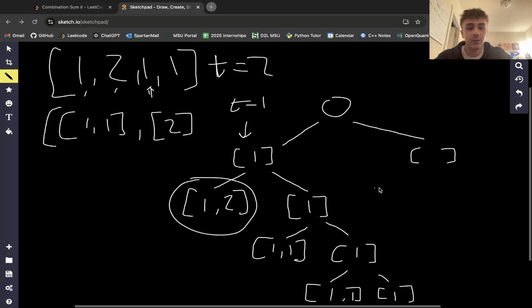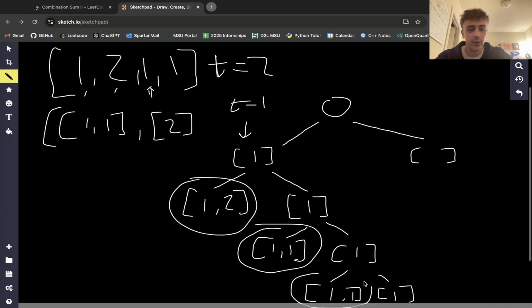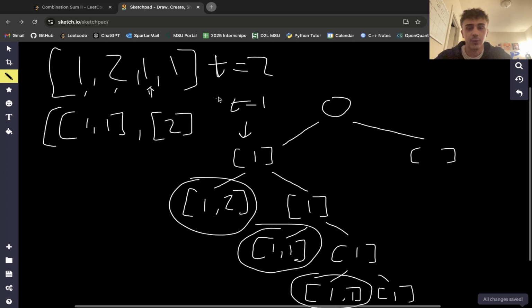Our second issue shows up right here. So we found 1, 1, right? But we also found it again. How do we know to include? Do we check the entire list for repeat values? No, that would be really inefficient. We're actually just going to have to find a way in order to skip duplicates